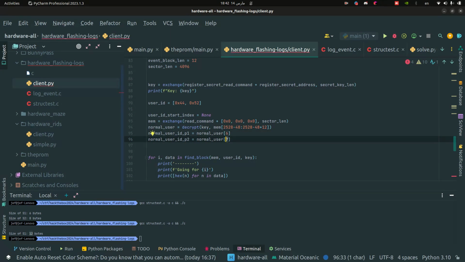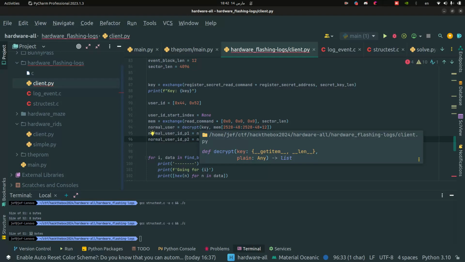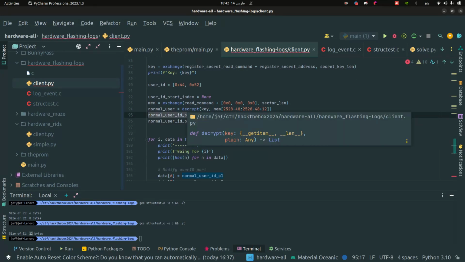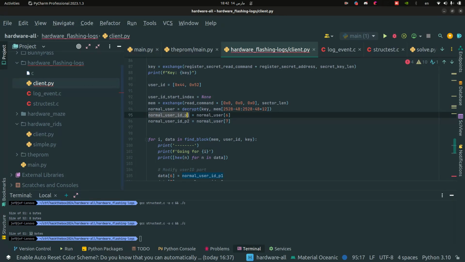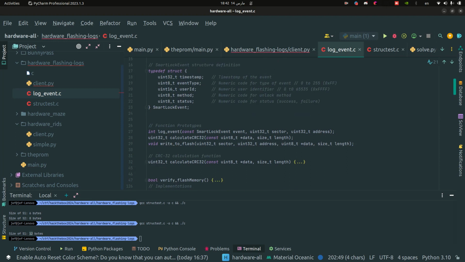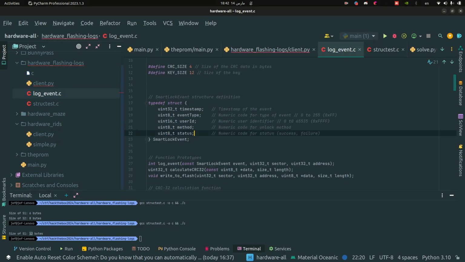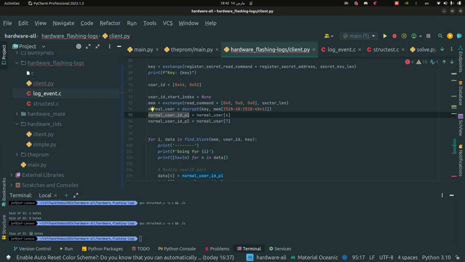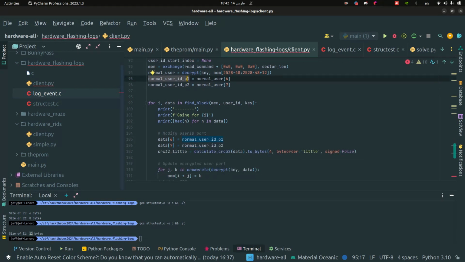I can just check this manually by printing the structure and comparing it with the structure mentioned in like event.c. You can simply compare these fields with the printed part. So